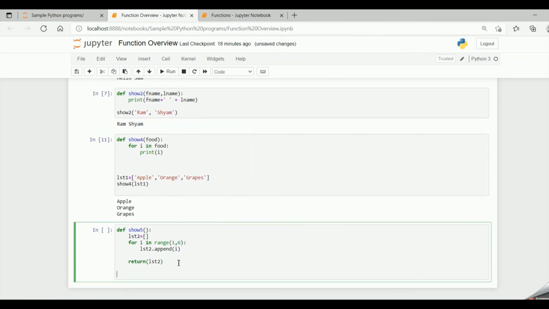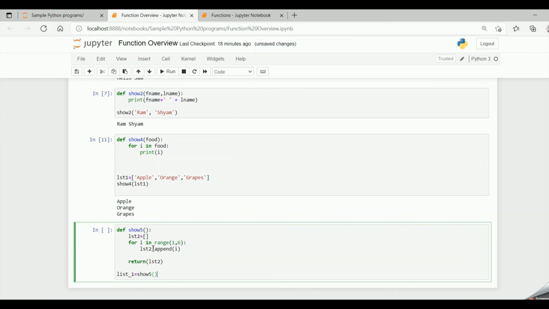Now let me call my function. It's returning a value, so I have to assign it to a variable. So let me say list_1 equal to show5 and then parentheses.